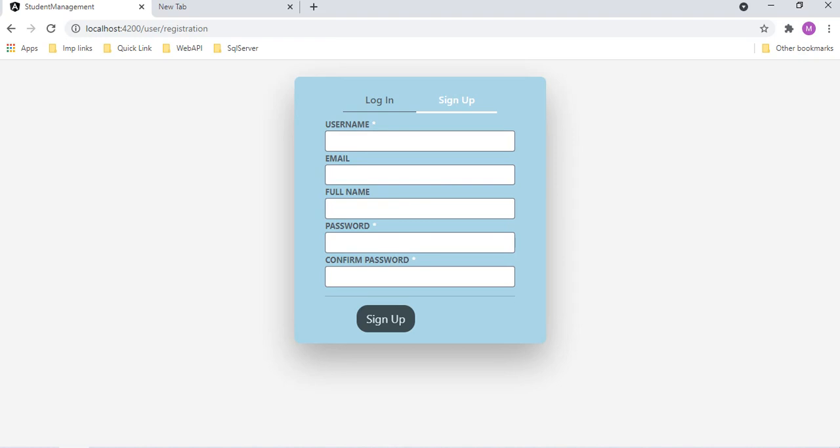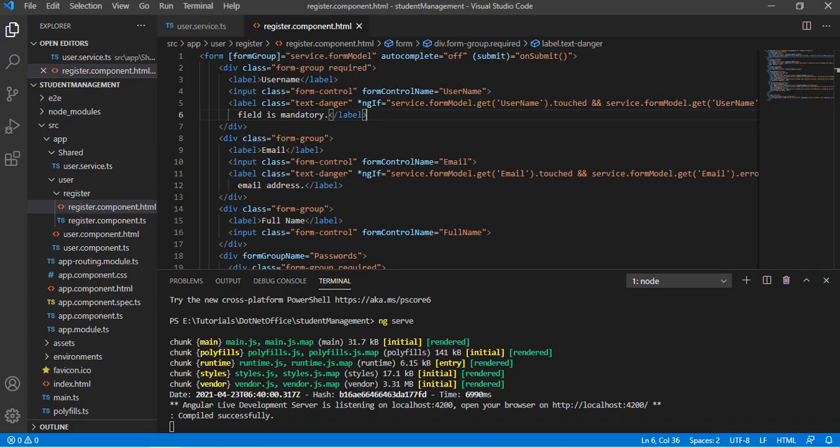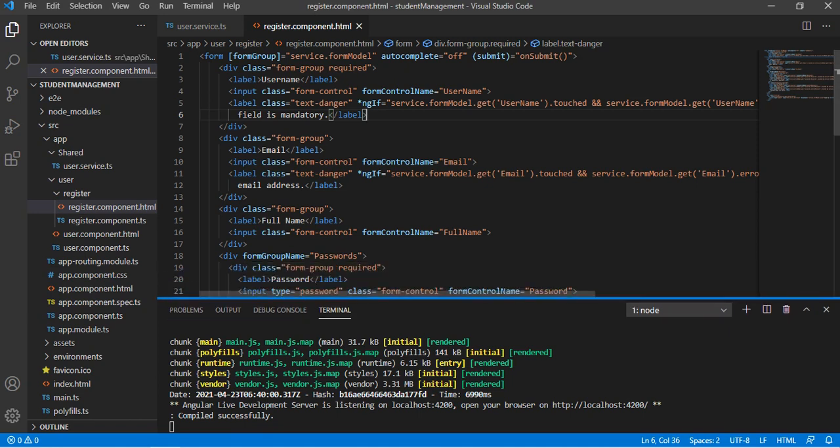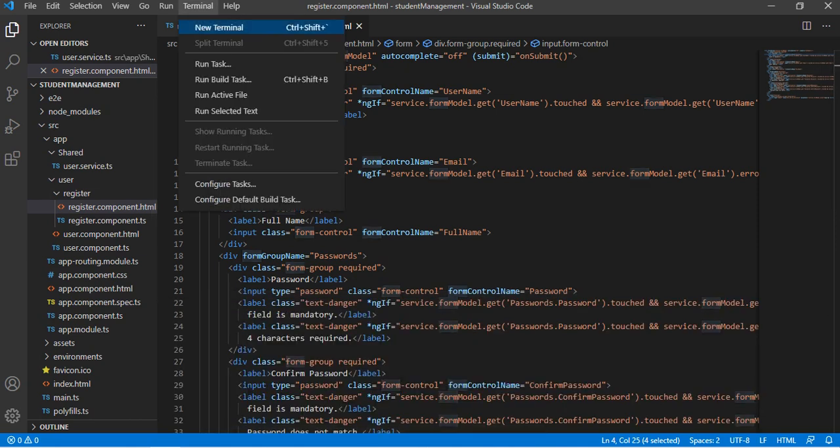Currently when we click on login, we are not moving because we didn't design anything on the login page. So let's go to Visual Studio Code, and this is the design which we did in the previous video, representing the registration HTML page. Here we created the form model, and based on that we took all the variables. So for designing the login page in Angular 8, what we have to do, let's go to the terminal,